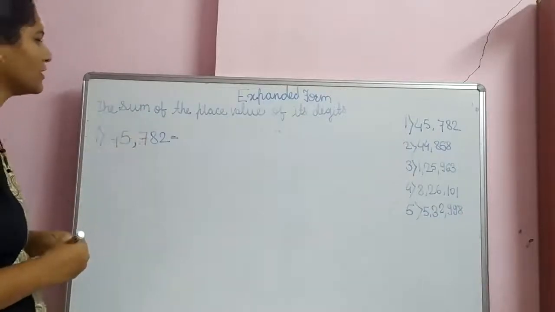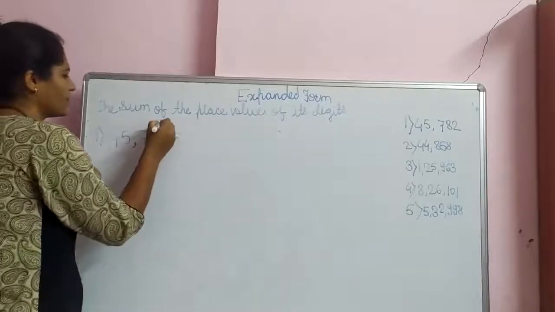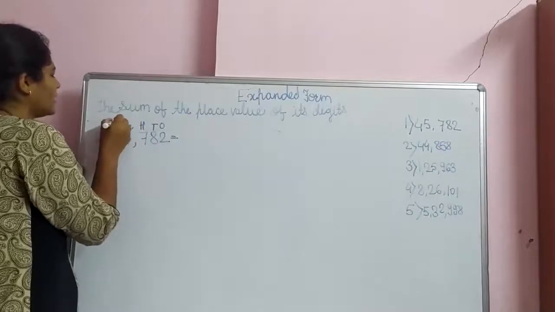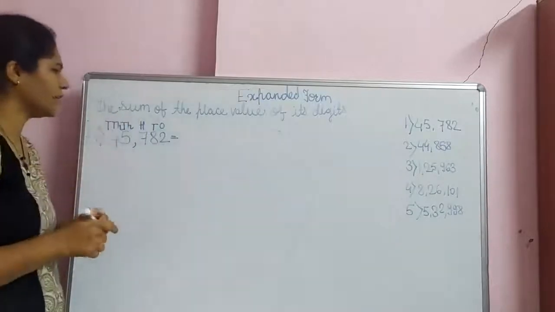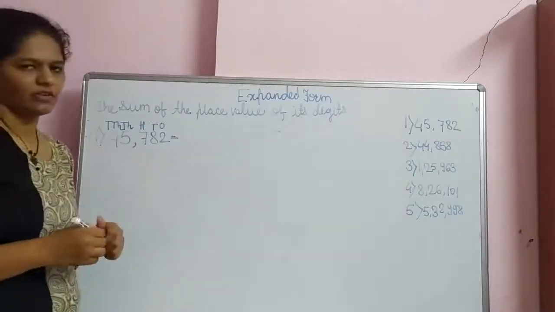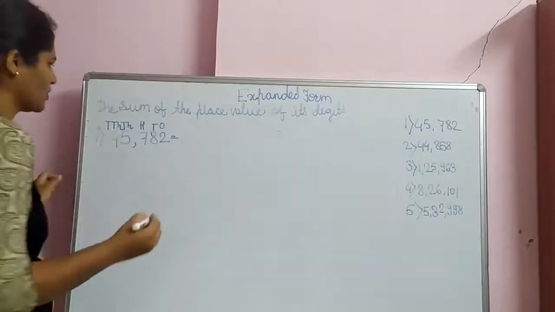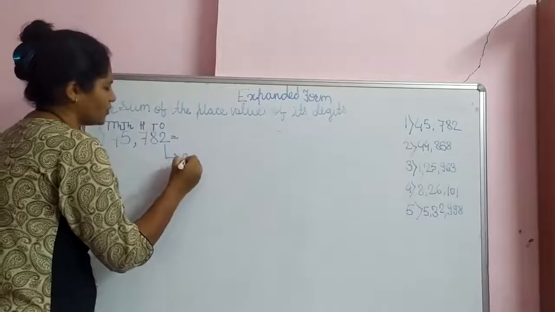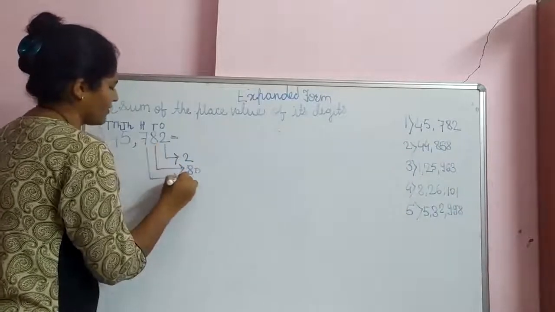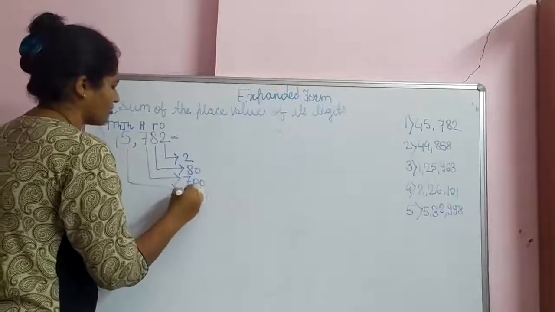Now we write this is in Indian place value chart. So what is it? It is a ones, tens, 100, 1,000 and 10,000. What is it? This is the Indian place value chart. Now we will expand it. So firstly, when we are writing expansion, so before that we write the place value of each digit. So what is the place value of this 2? 2. Place value of 8 is 80. Place value of 7 is 700. Place value of this 5 is 5,000.